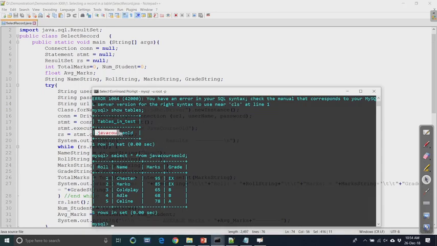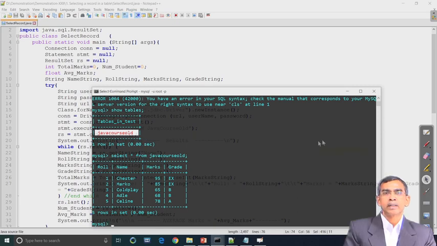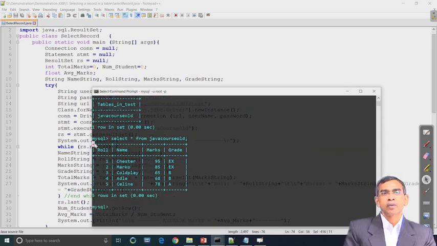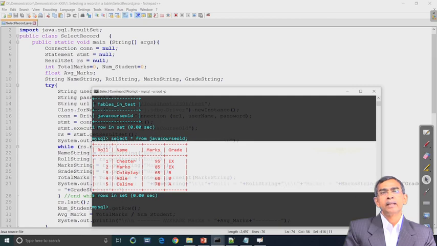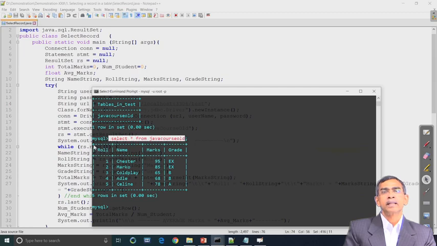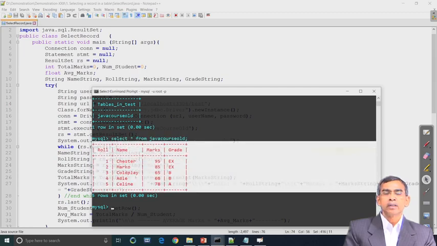This table is already stored in the MySQL server, and we just apply the select statement on it, for example, select star from Java course old. It will execute this statement, and on successful execution it will produce the result. Those results will be fetched to the application, and from the application we will be able to process them.